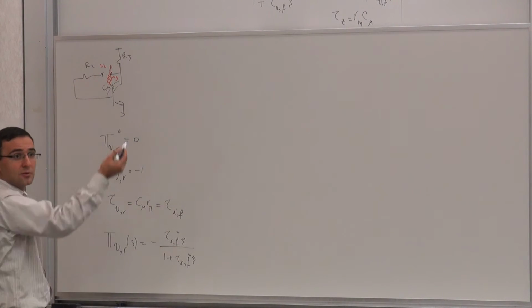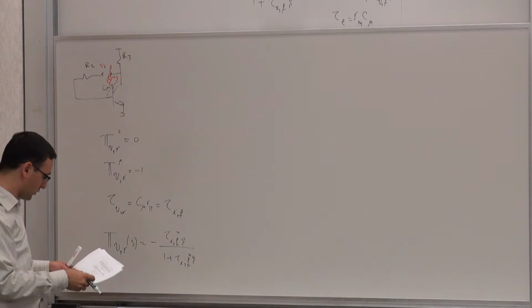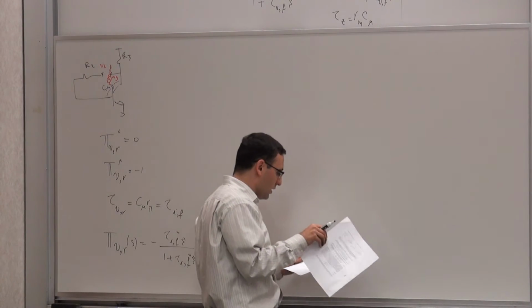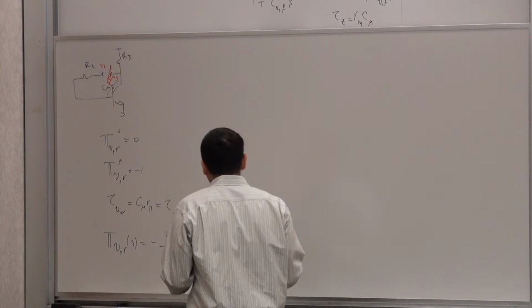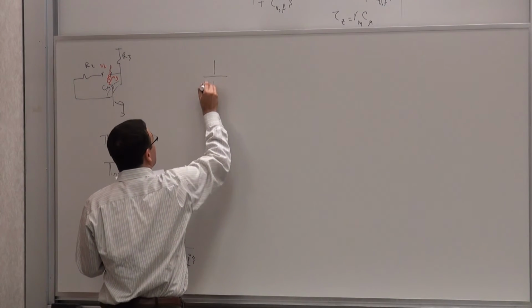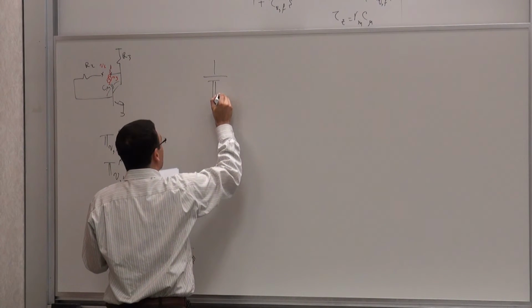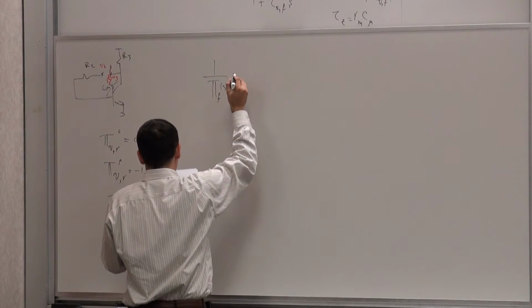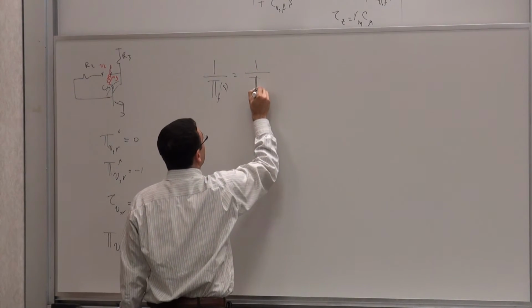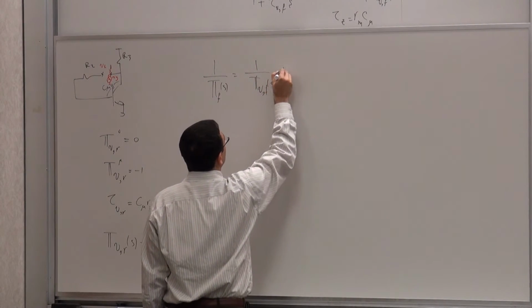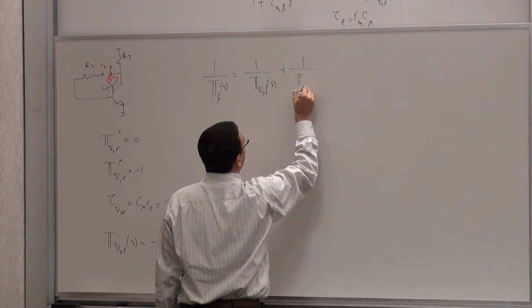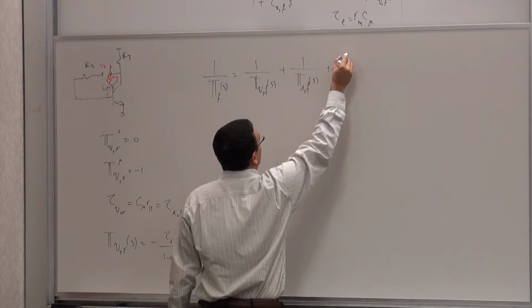There is no reverse loop gain at low frequencies. But it's supposed to be fast. Okay, fine. And then you can now calculate the whole thing. So basically 1 over T_f of S is going to be 1 over T_Vf of S plus 1 over T_If of S plus